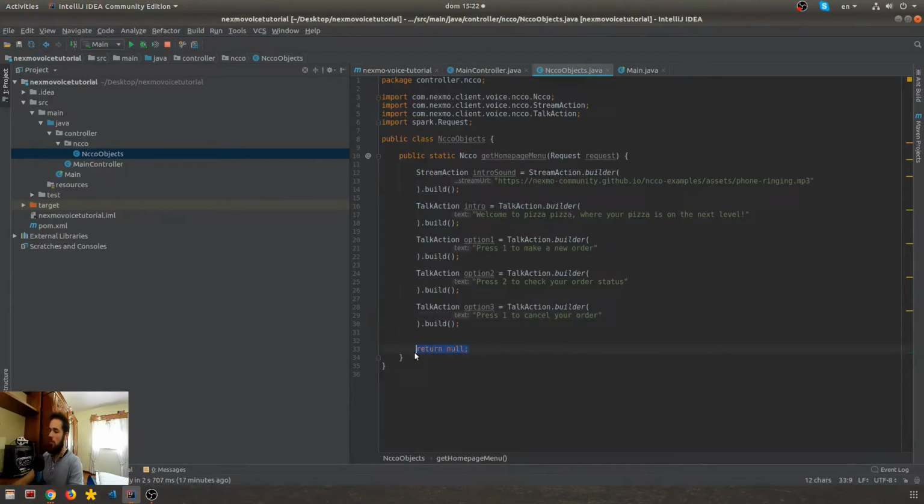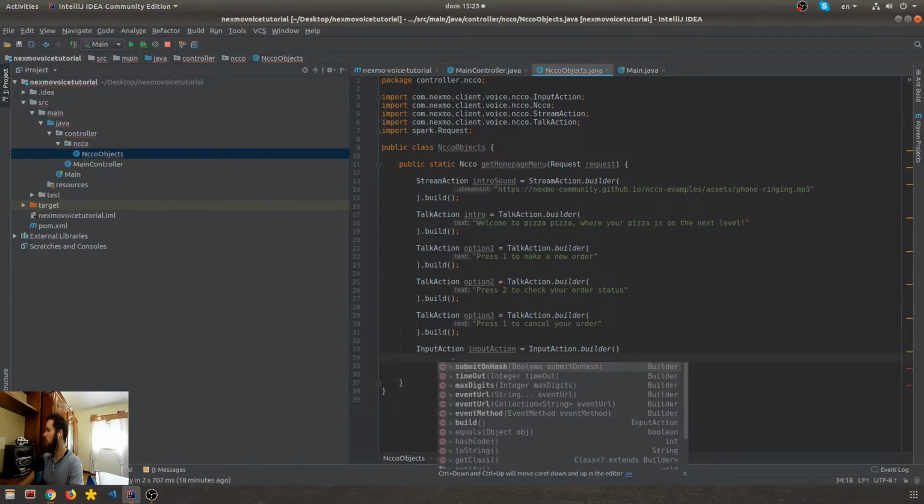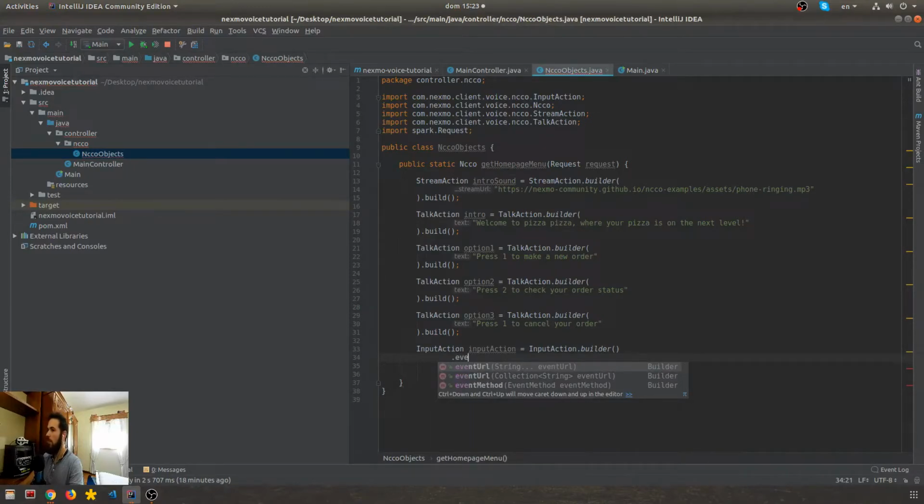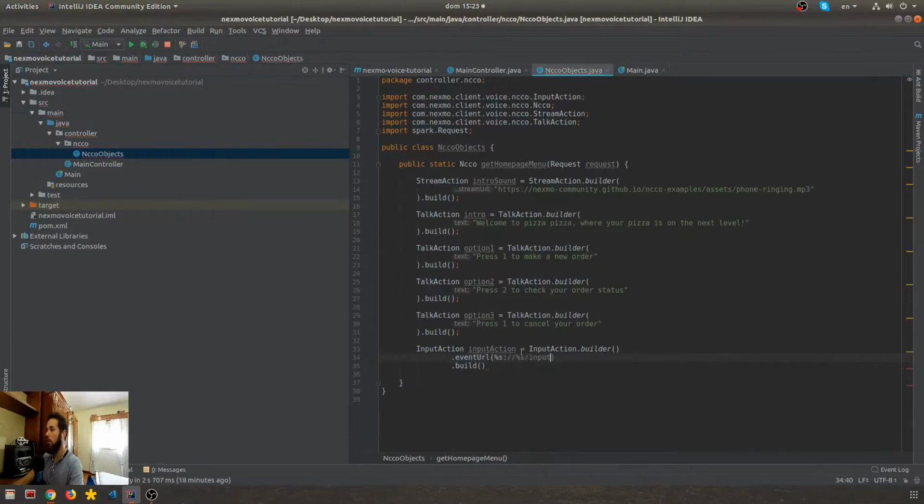Now we can build the NCCO object, but before that, we need the input, right? Because you need to know what the user pressed. So we will have an input action. It will be an InputAction.Builder.build, and the builder doesn't receive anything in this case. And you can dot, and you can see here. So we want the event URL, okay? So this URL will be something like this, okay? So Nexmo can call our endpoint,